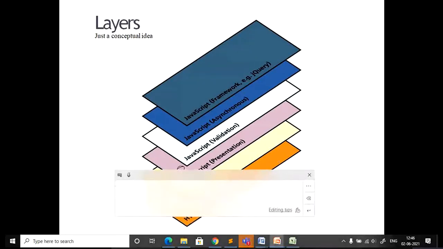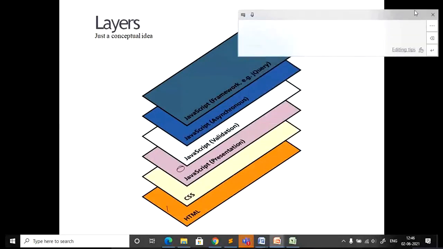What exactly happens in JavaScript presentation? Here you normally give more importance to how we are going to present the data: creating, hiding or displaying the data, or creating multiple layouts. All this comes under the presentation layer.